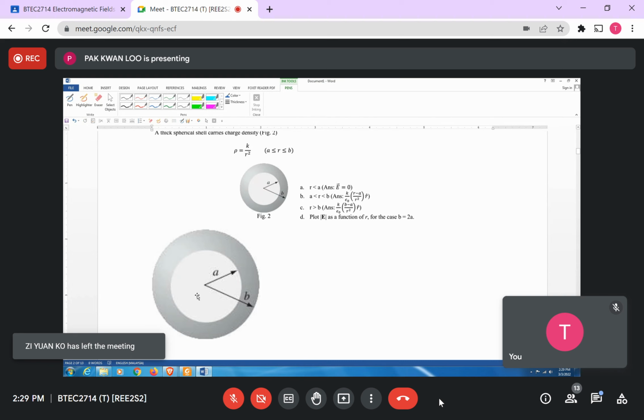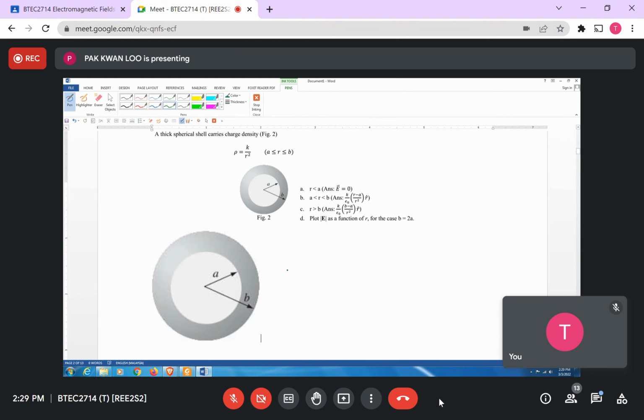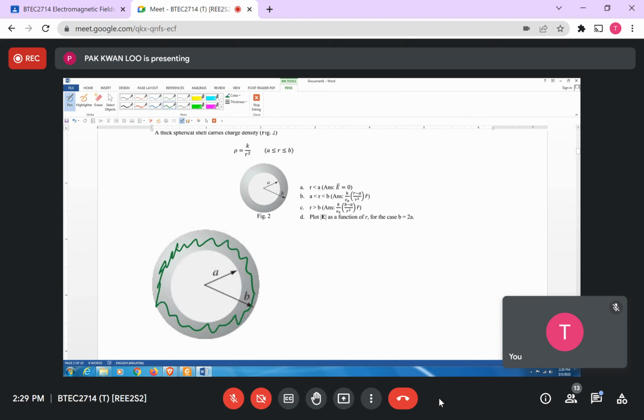So inside, there is no charge density. The charge density is defined between A and B. Yeah. So this thickness here, basically the charge density is within the shaded area. So this area only. Yeah. Only this area. So inside there is no sort of charge density. So if we define a Gaussian surface inside,